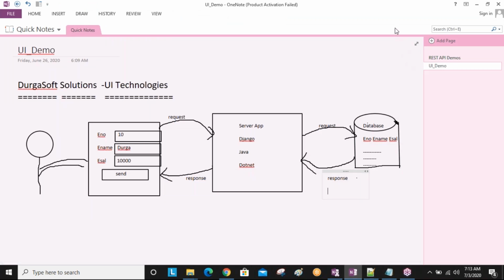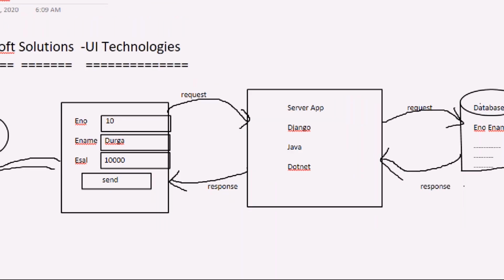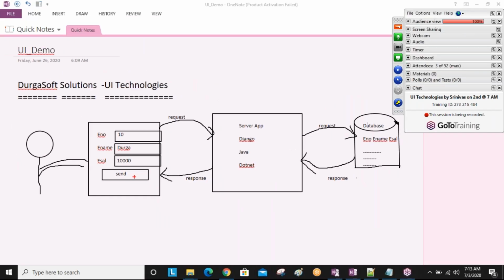Okay, so now this is our presentation related diagram, sir. Why is UI technology required? This is a user, by assumption.